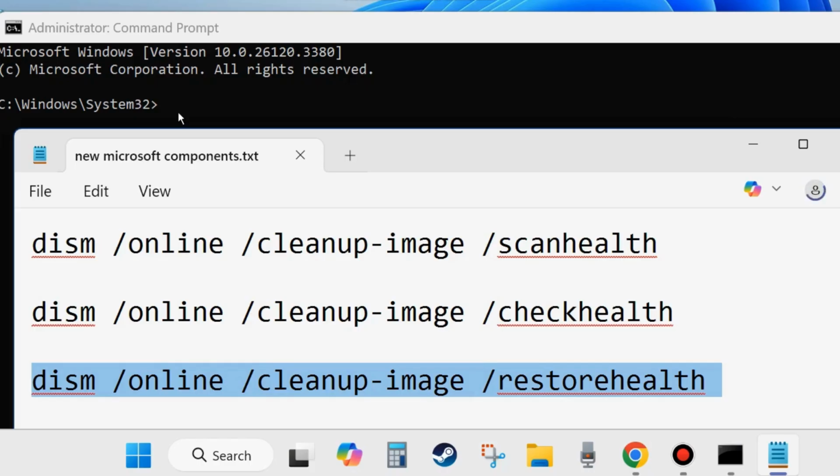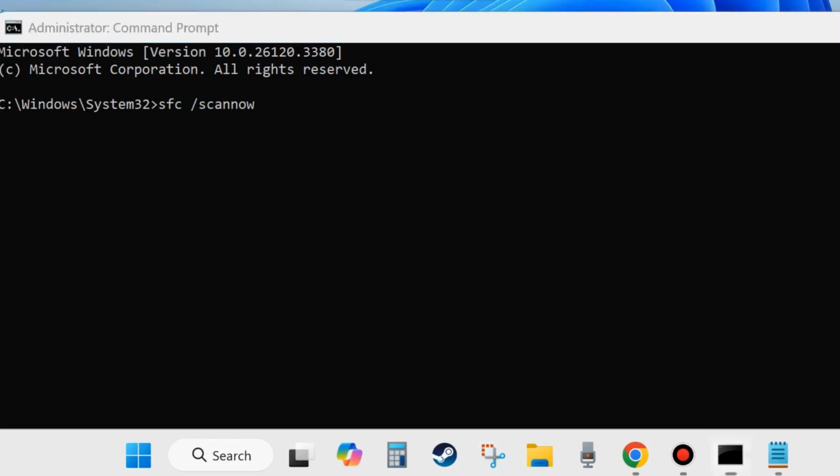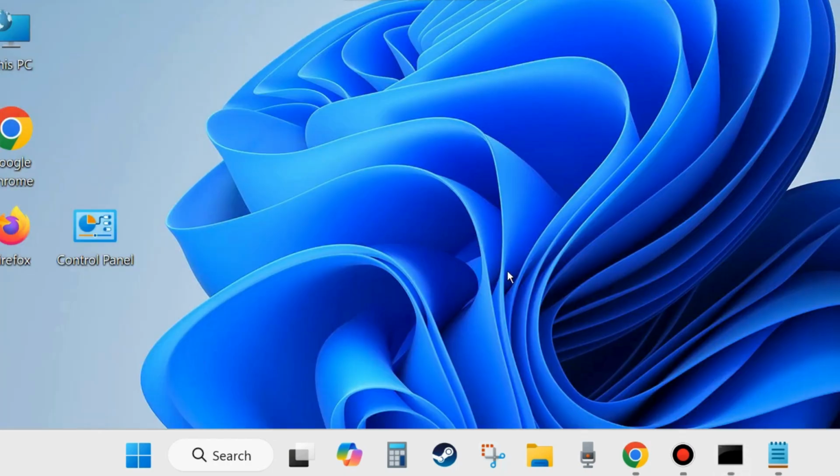And after successful execution of these three DISM commands, execute the command sfc scan now. Simply type after the blinking cursor sfc /scannow and press Enter and let Windows complete the scanning process. It will scan your system for any corrupted or bad system files. Wait till 100% verification is complete. After that, don't forget to restart your system and your issue of computer shutdown without